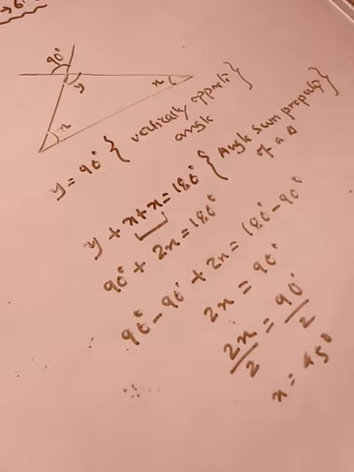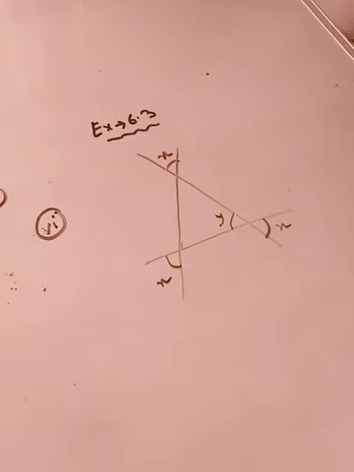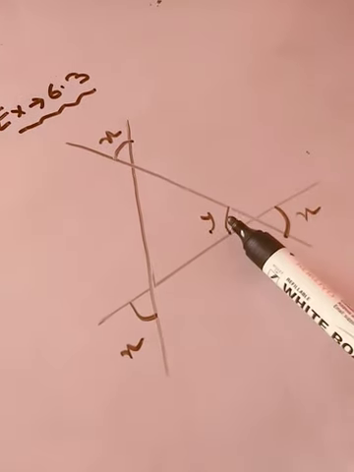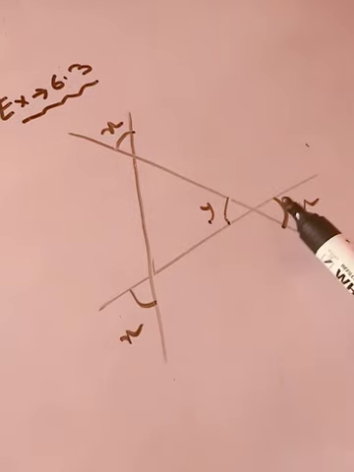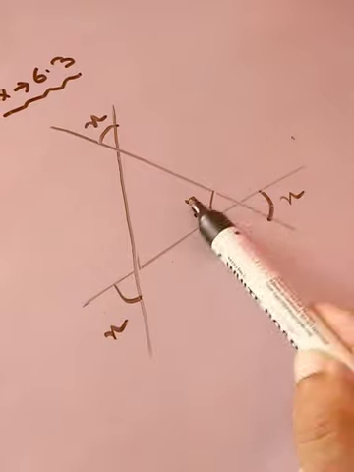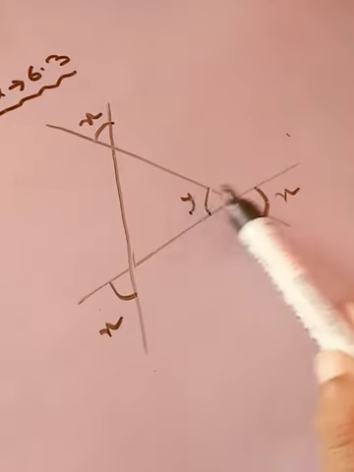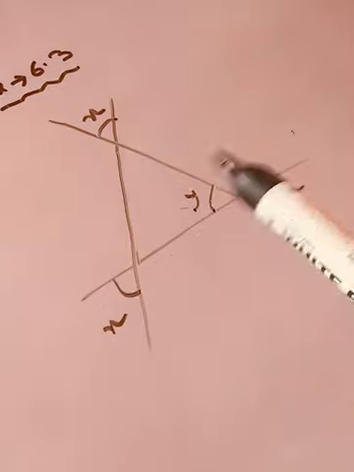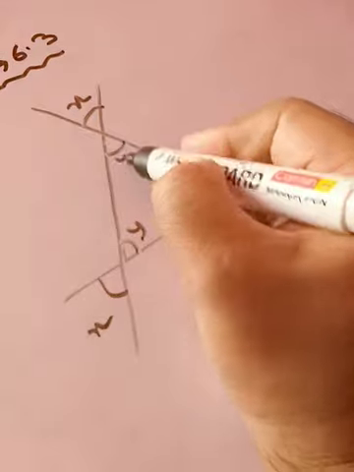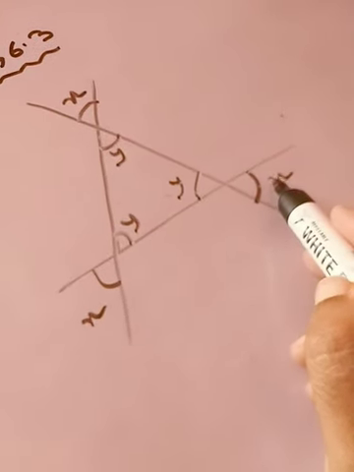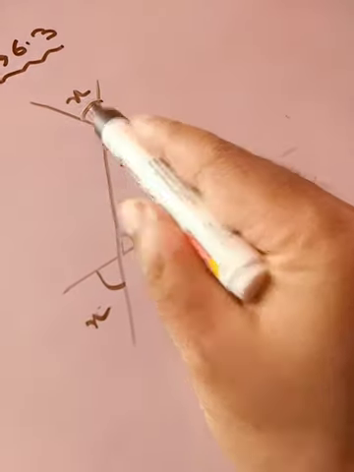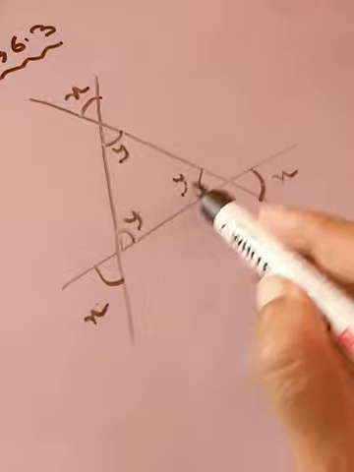Okay. Let's move on to the last sum. This is sum number 6. It's very interesting. You see all the exterior angles are given as x and only one interior angle is given as y. So now the relation between x and y is that, say these two lines are intersecting out here. So they are equal to each other. Why? Because they are vertically opposite to each other. Okay. So if x value is y, then obviously this x value will be also y. Isn't it? This will be also y because they are equal to each other. Okay. X is equals to y. If this x is equals to y, then this x will be also equals to y. This x will be also equals to y. So in this way we can get the value of y first.